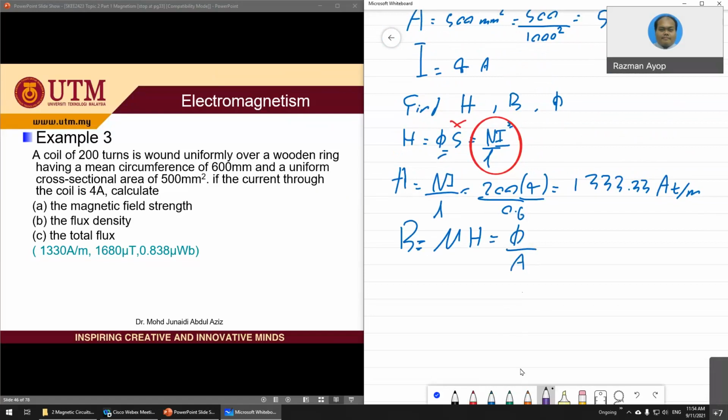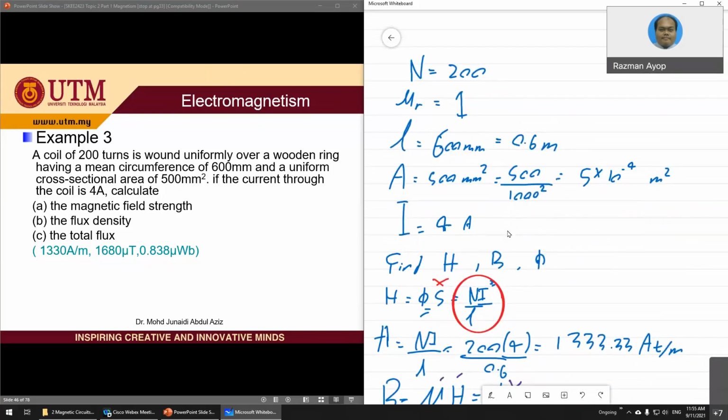So you can see here, you have flux, you have area, or you have H, you have mu. Flux, I think, is not available, right? Okay, flux not available, so you cannot use this formula, so you can use this. Okay, so B is equals to mu naught mu R and H. So H you already calculated,